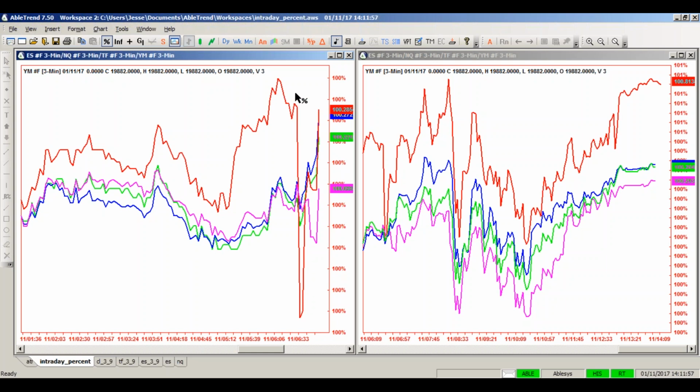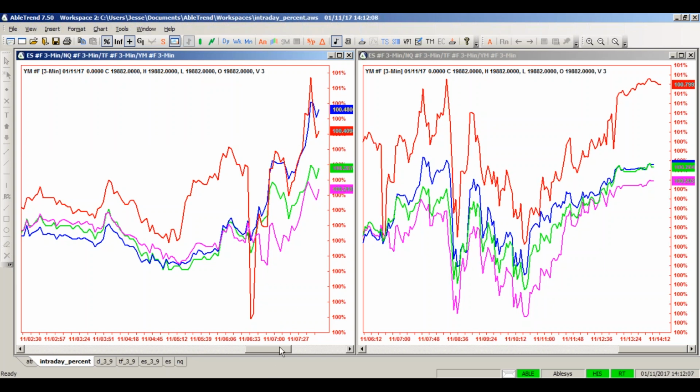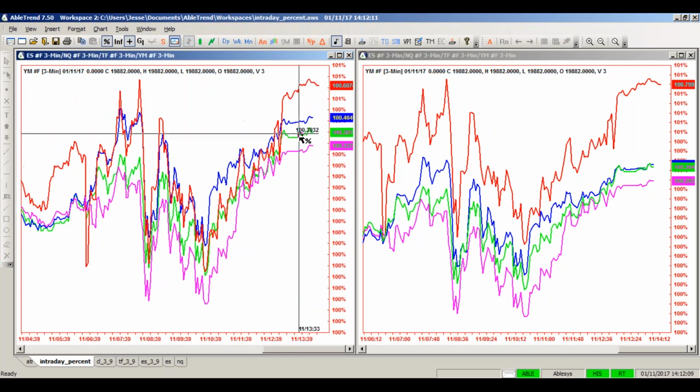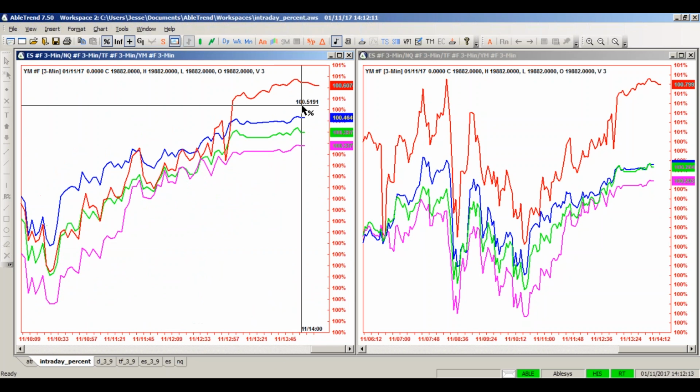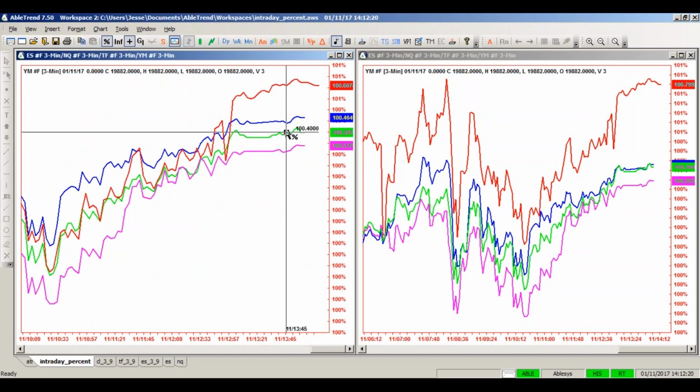And at the start of the day, the Russell was the strongest. It shot down at the open, or maybe prior to the open, I think. Basically shot down at the open, and then bounced up and ended up on the day the strongest. Now that is not necessarily too meaningful today because the market was only up slightly, but